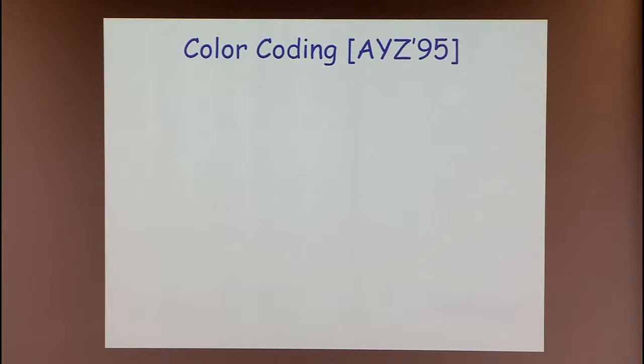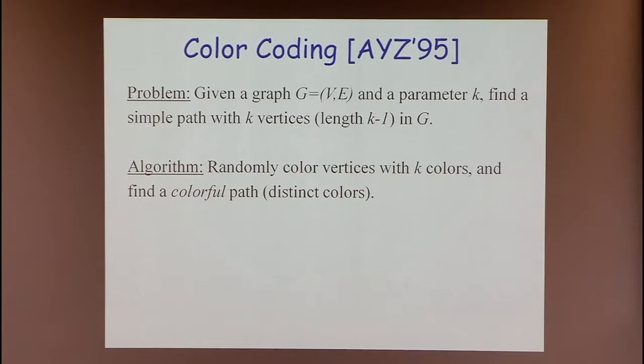To tell you a bit about the work that was done in this domain, I should first introduce the main technique that is being used in these kinds of computation, and this technique is called color coding. It was actually invented in Tel Aviv by Noga Alon, Raphael Yuster, and Uri Zwick. And the idea behind this technique is as follows.